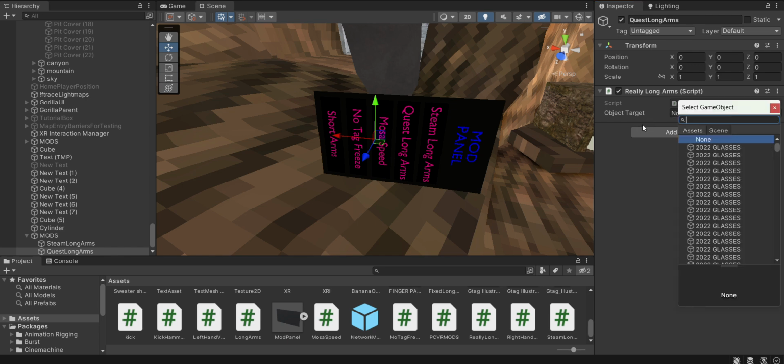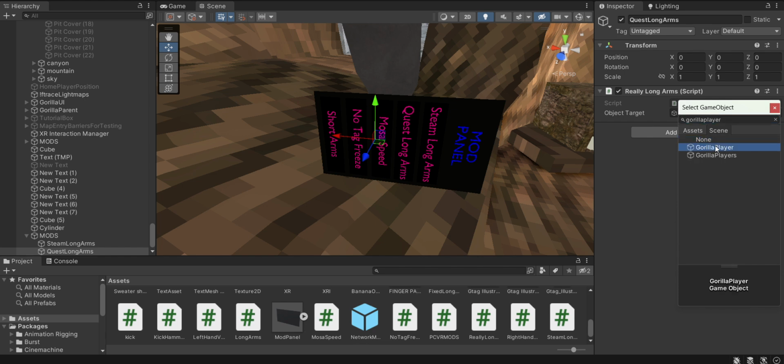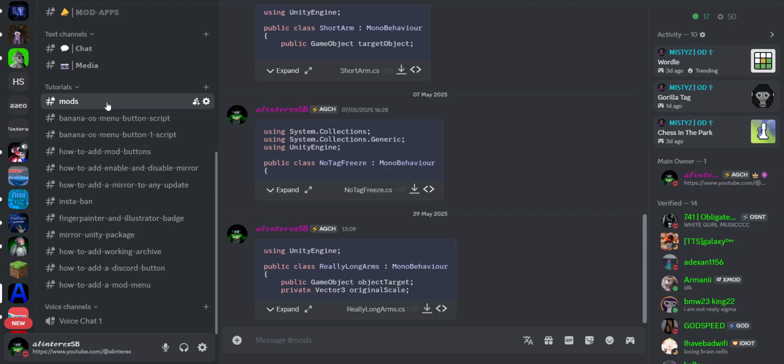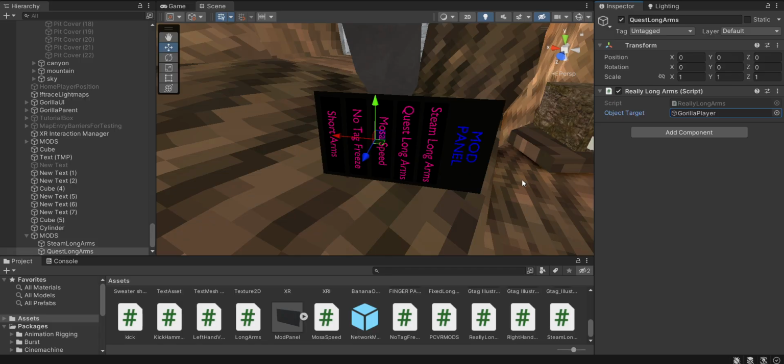Target object, Gorilla Player, this one right here. And then if you don't already have the mods, go to my Discord, and inside of the mods thing, here it is, like all of these mods, and then go back to your Unity, and then you can import them